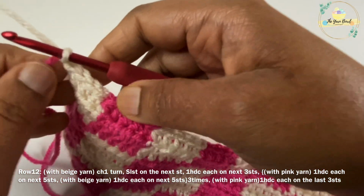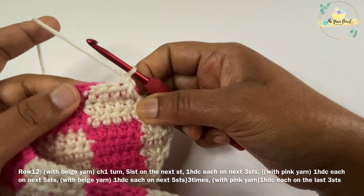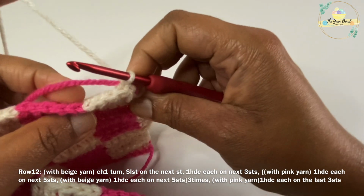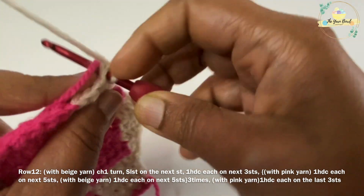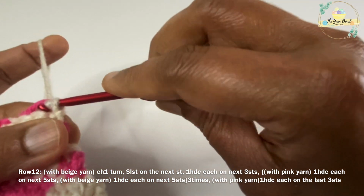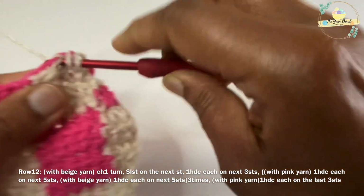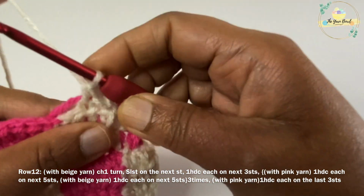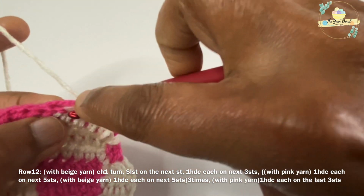Now for row 12 I'm going to work a chain 1 turn with the beige yarn. I'm going to work through my pink yarn, work slip stitch on the next stitch, and then work 1 half double crochet on each stitch for the next 3 stitches with the beige yarn,